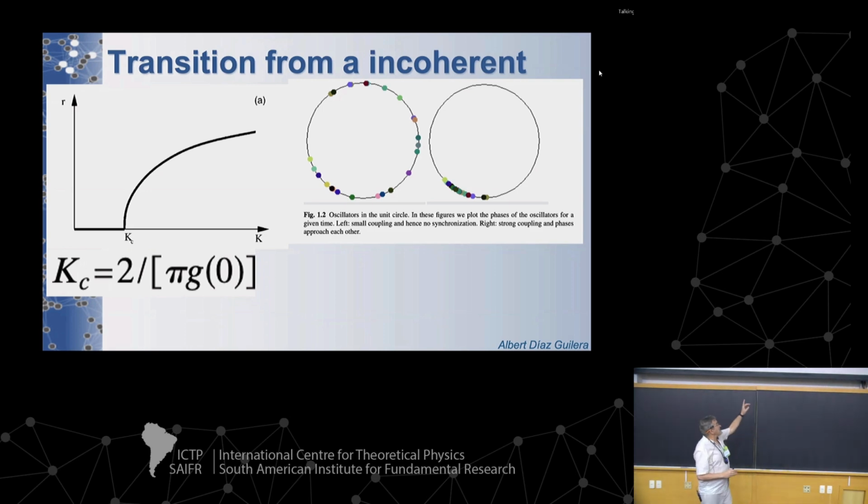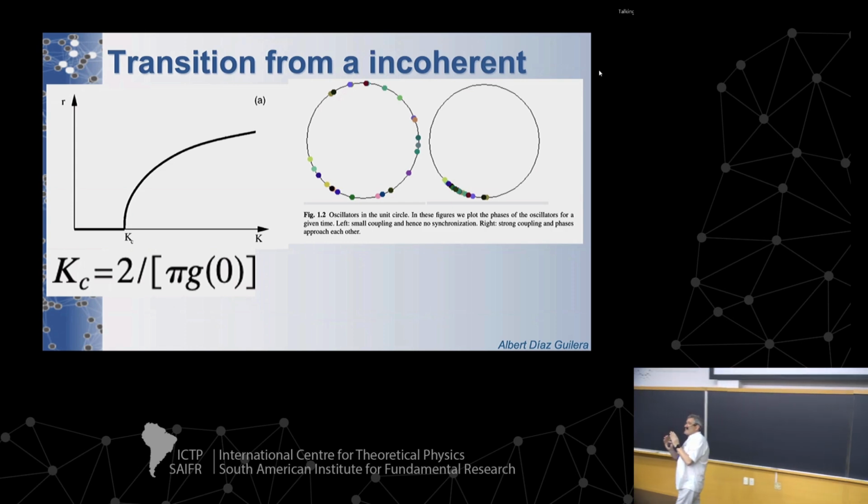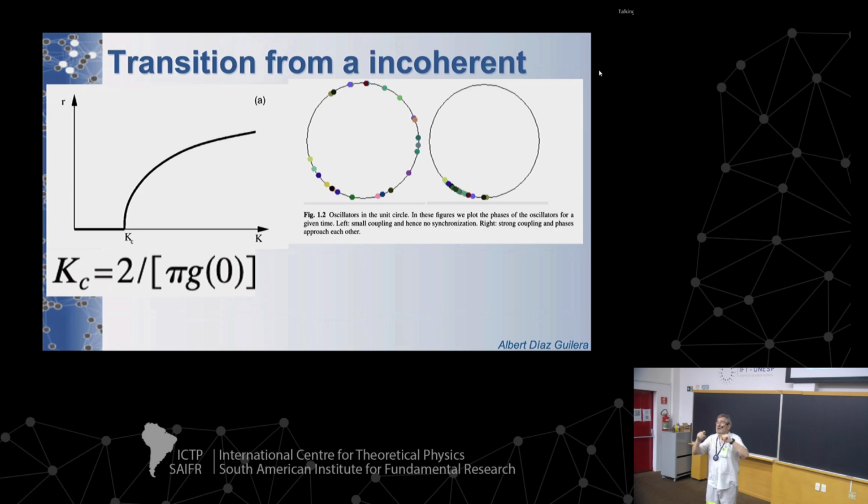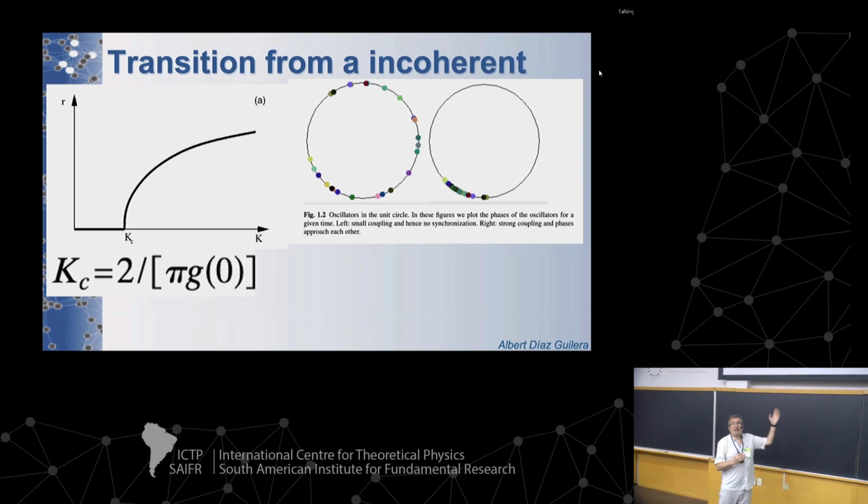But in this case, for instance, on the right, you don't see that all the oscillators have exactly the same phase. You have some distribution of phases. But if you look around and see how they move, you realize that all of them are moving with exactly the same frequency. So many times when we talk about synchronization, we are just trying to approach this state in which phases can be very close and frequencies are the same.